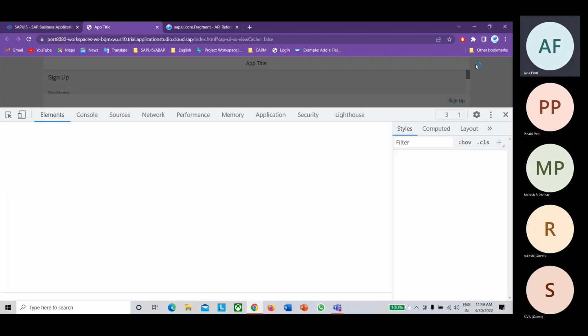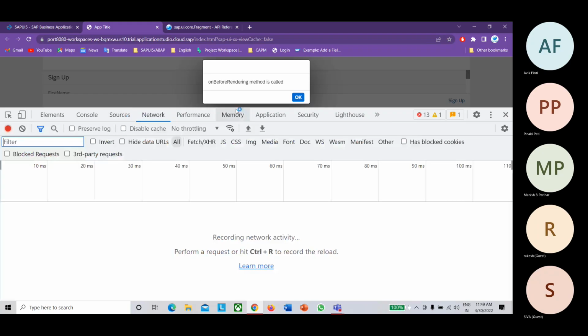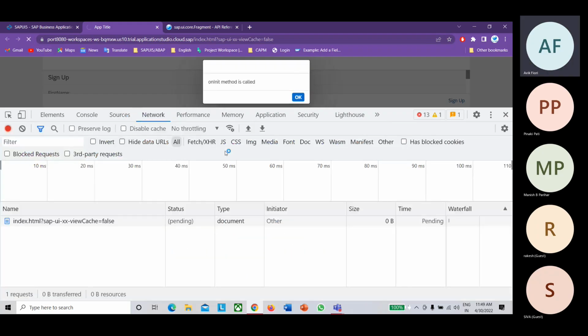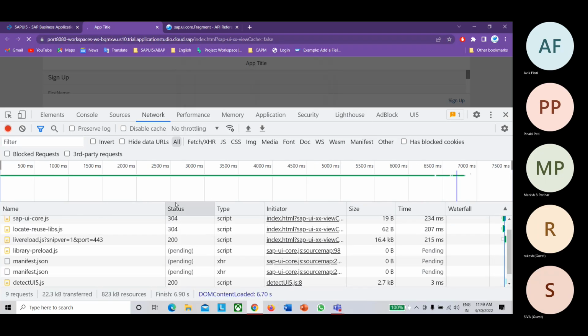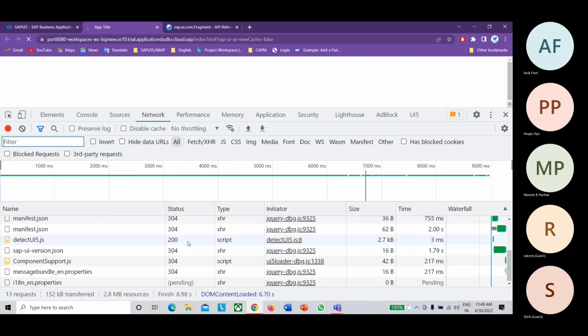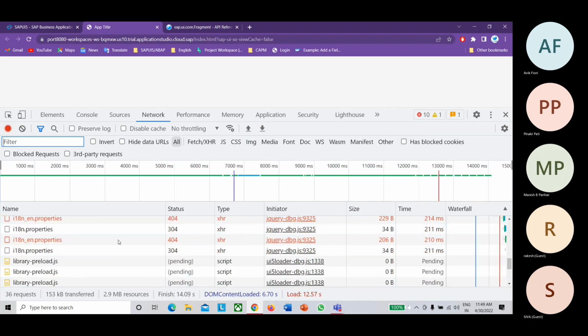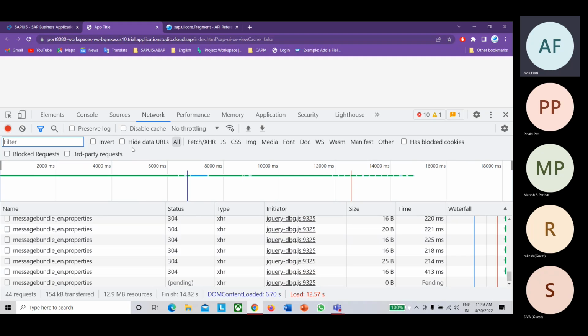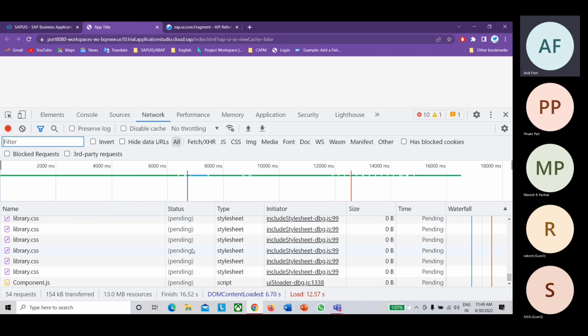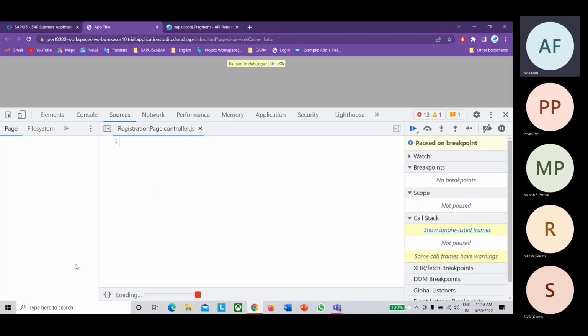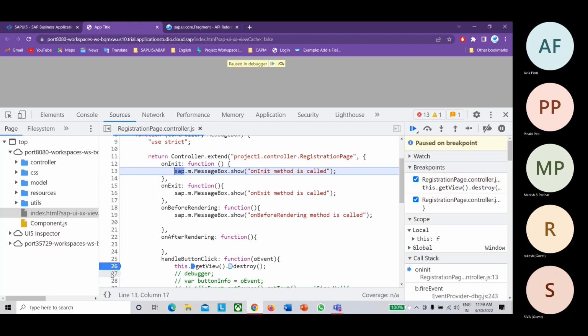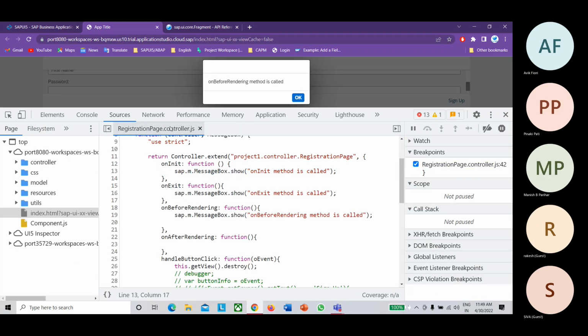Okay, so now let me inspect this. Go to the network tab and reload. As soon as you reload, in the network tab you will see the user login.fragment.xml file being loaded.